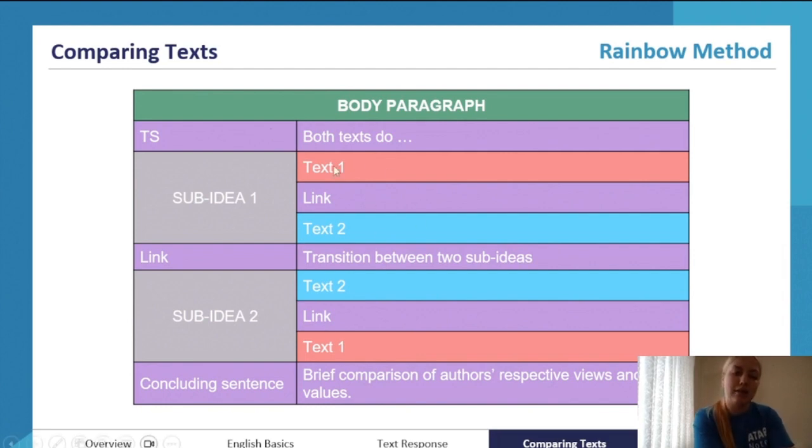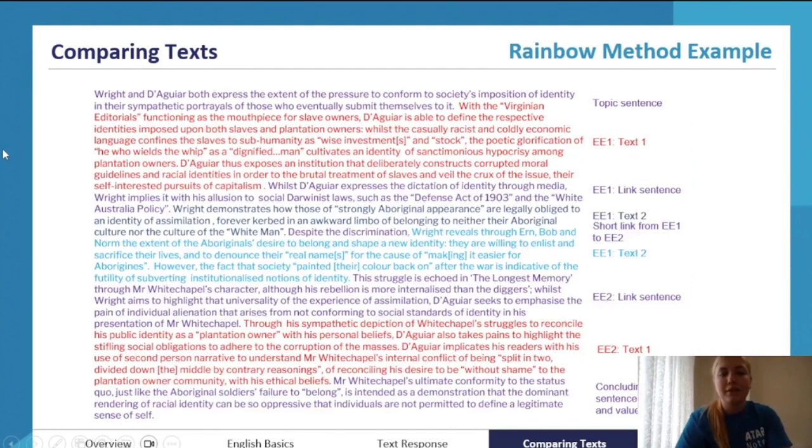So you would normally have this being done at least twice, potentially a views and values link here in the middle, this being done twice as well to make sure you have adequate and similar amount of discussion for each text, like their individual analysis, and again, close with comparison of views and values. Wonderful. We see an example of this as well, but this is more of a read for you guys.